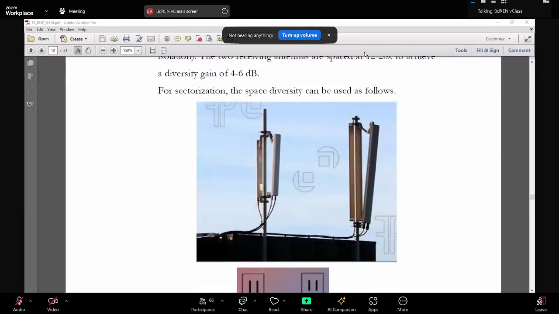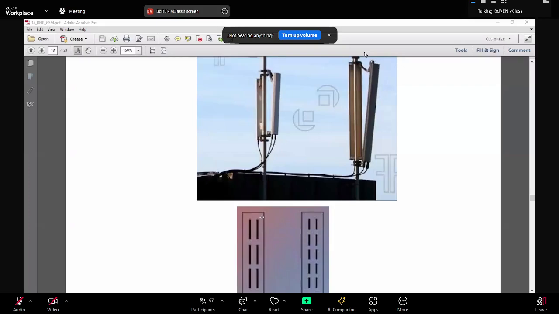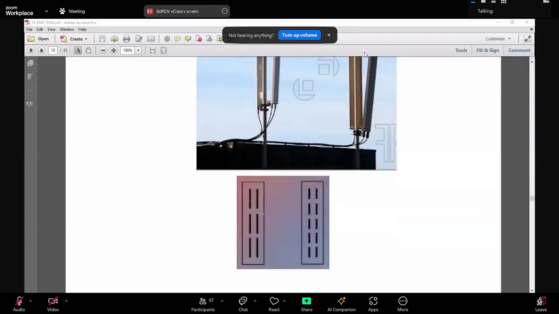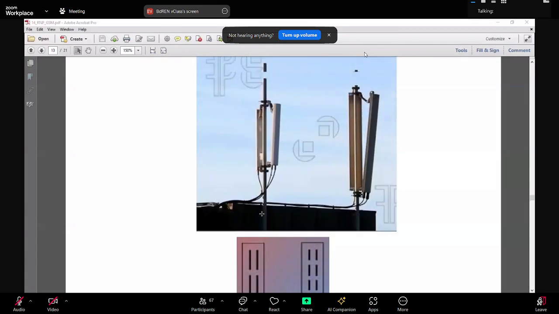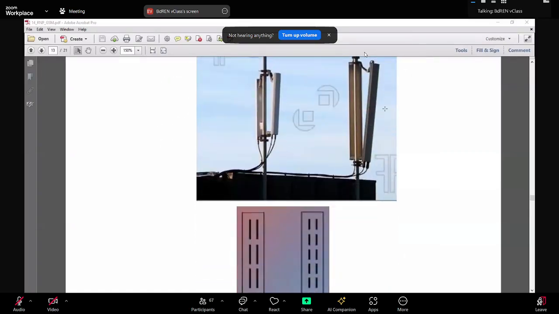But we can put them together, and like here, see, here it's using two boxes. These are actually boxes with the actual antennas inside, and the antenna elements